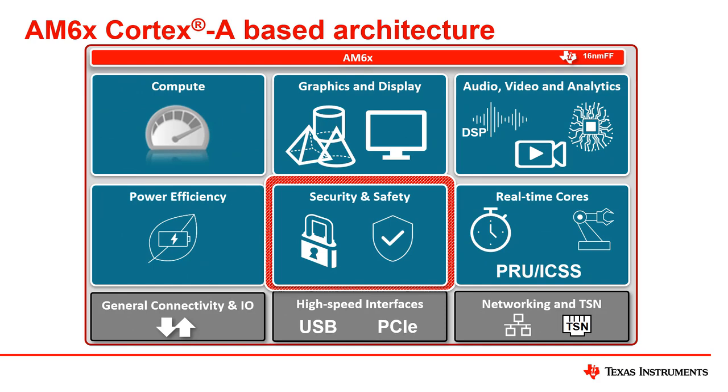And as you can see, it's joined with a lot of other basic components, like a compute architecture with something to a quad-core Cortex-A53, or even larger processing cores, and a number of them. Graphics and display capability, for example, for HMI applications. Audio, video, and analytics for other signal processing applications. All of this paired with power efficiency, so that all of this can be done on an efficient power budget. Paired with real-time cores a lot of times to enable real-time capability in embedded systems.